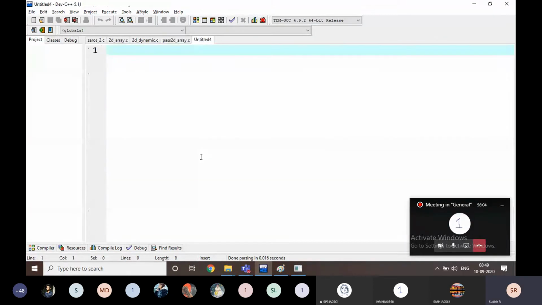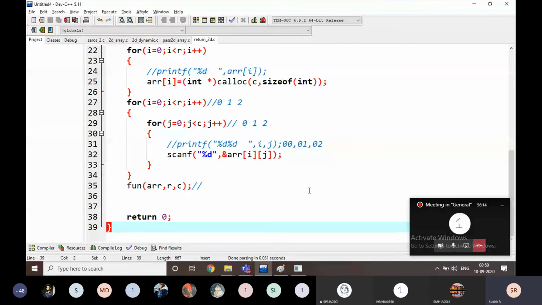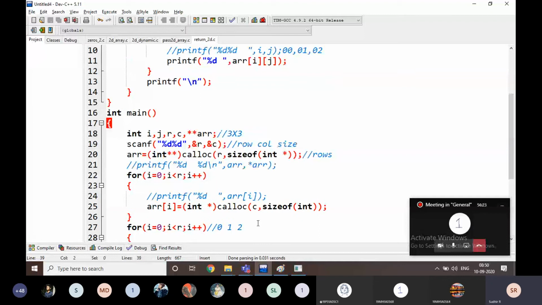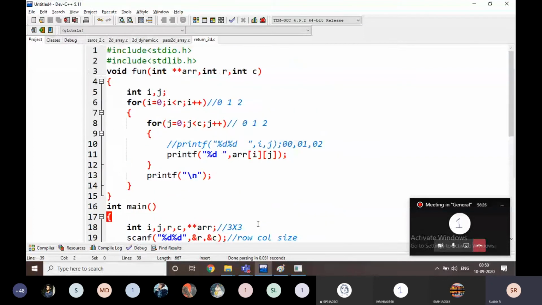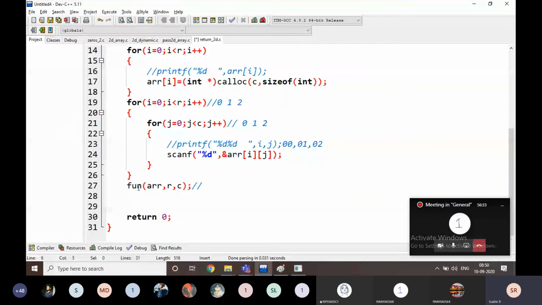The next one is return 2D. We are going to return a 2D array. How am I going to return 2D arrays? Instead of printing all these things, I am going to call here